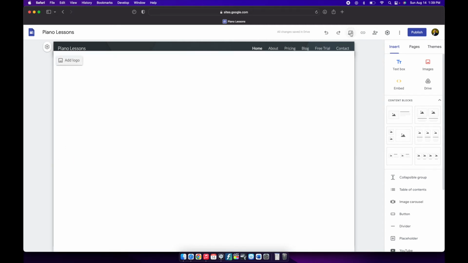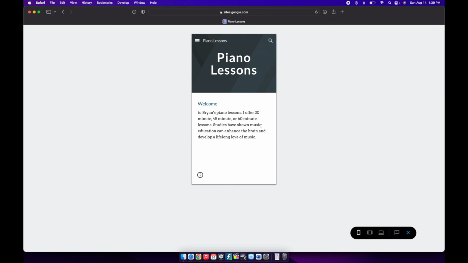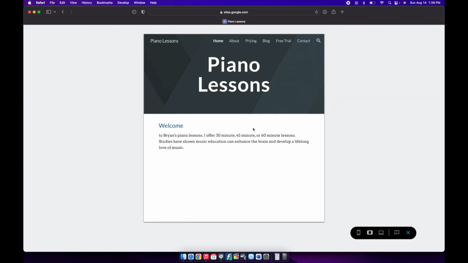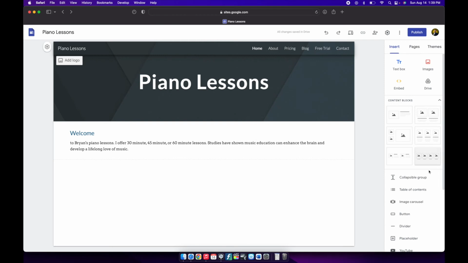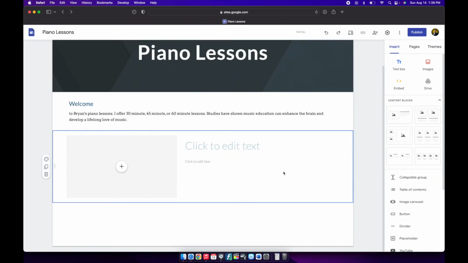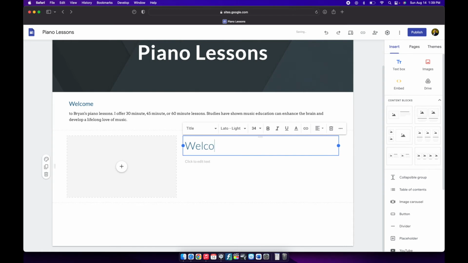Again, we'll want to go over to preview, and we kind of see, okay, that looks pretty good on mobile. We all know that mobile is huge today. A lot of people are going to look at websites from their phones, so you want to make sure that view is good. These little templates are nice. So what might be better than this is if I click this content block, and then I can have a